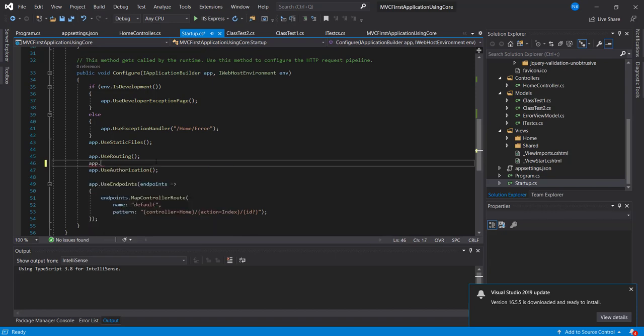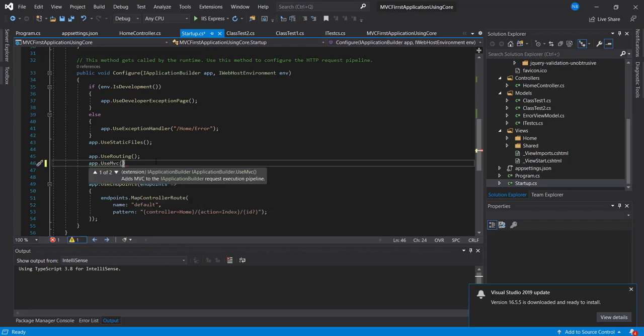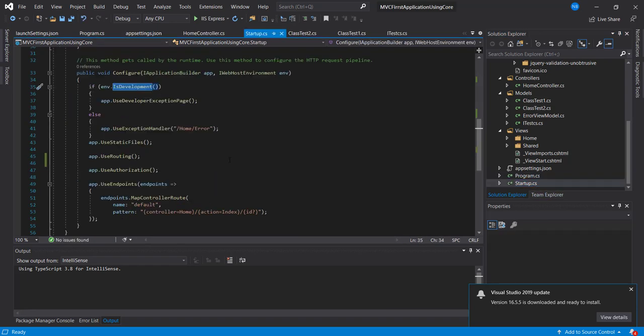So you used to do something like this, UseMvc. There are a few issues we'll face with it. Maybe I will cover in the upcoming videos how exactly it works. We'll discuss these middlewares in detail in the upcoming videos.